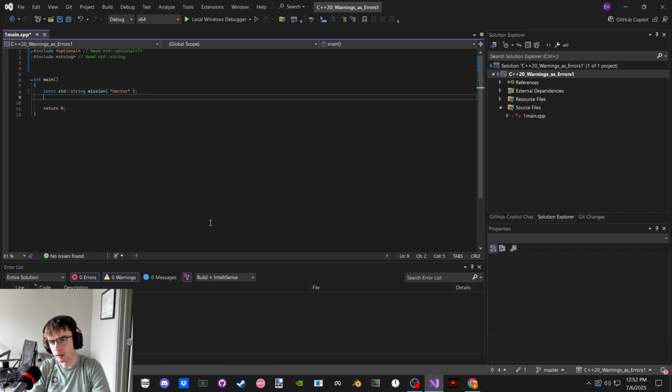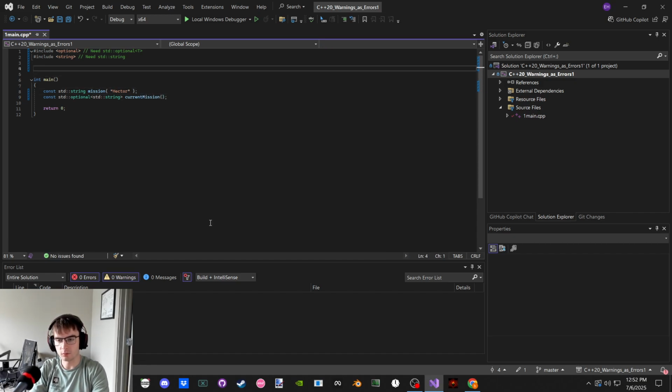Okay. And then we could say, so there's a mission Hector, then there's a, do we want it const? I guess we could. Const standard optional standard string current mission, and initialize it with a, we can make a constexpr just to try. Standard optional returning a standard string.